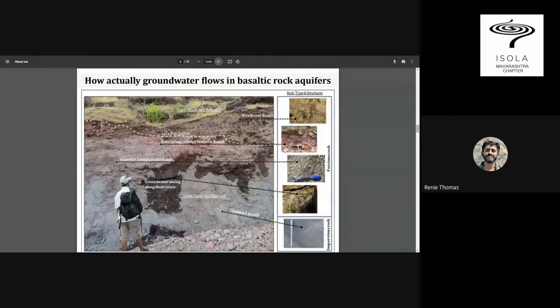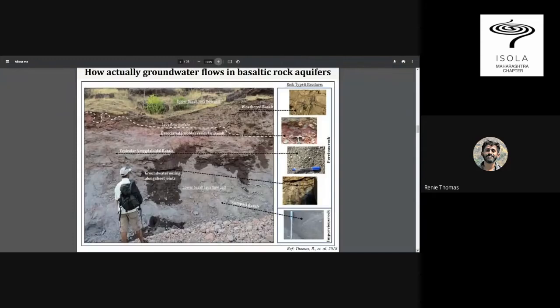Often people in the villages or communities where I go and work, and also city dwellers, think they can drill a bore well. They say, hey, we have identified a spot. We know there is water, and we're going to get this many liters per second. But in reality, groundwater is not something abundant in our landscape. It's very meager. Surely during monsoon, we feel there is no shortage.